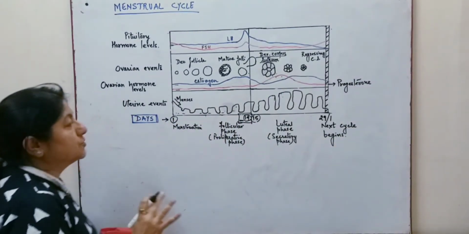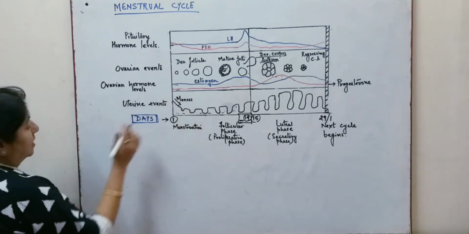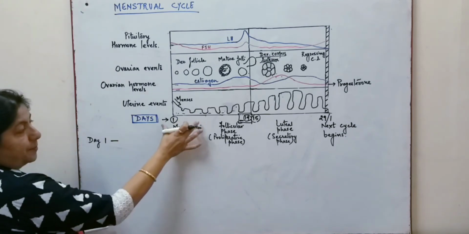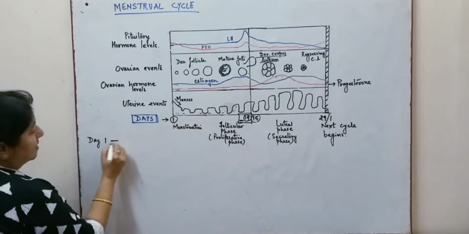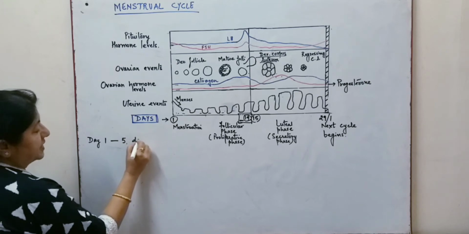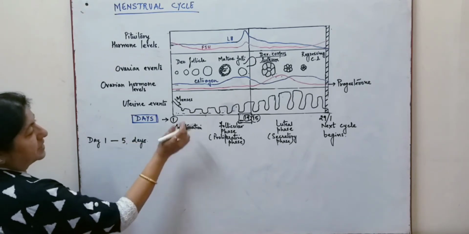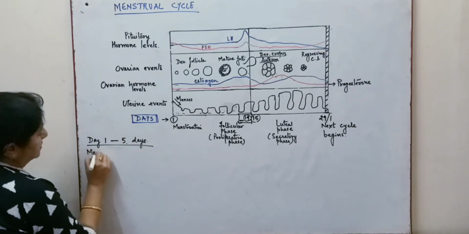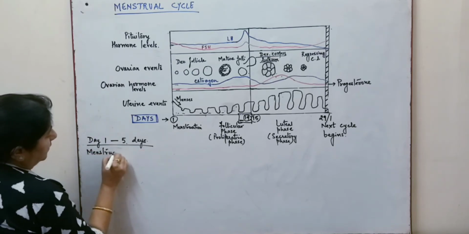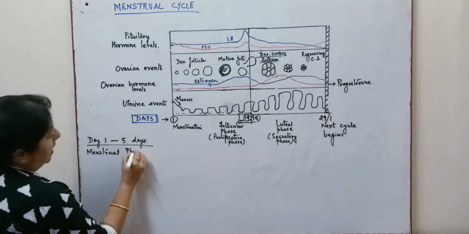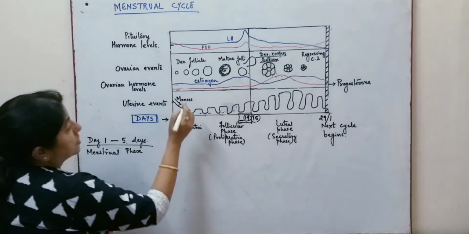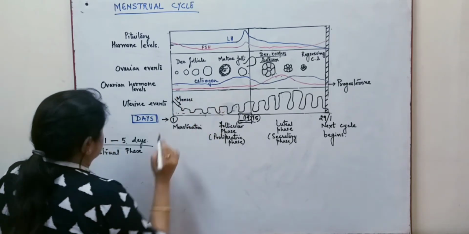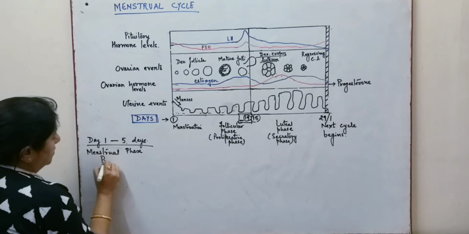Now what happens over here at the start, on day 1, the menstruation starts and it lasts for about 5 days. So 1 to 5 days is known as the menstrual phase. This is the first phase, and during this the progesterone level is very low over here. So here the progesterone level